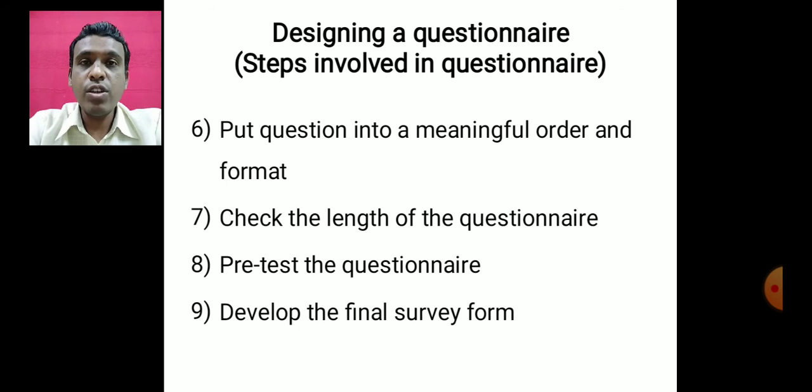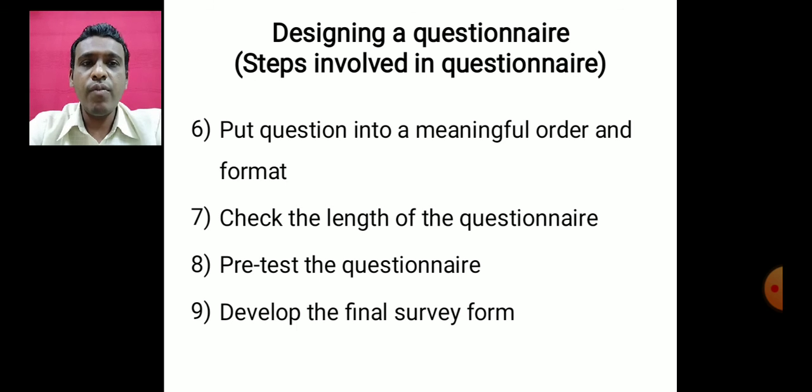So for that, instead of doing a final survey initially itself, what you do is you administer this questionnaire to a very small group of people within the sample. These may be your friends, your colleagues sometimes, and ask them to fill this questionnaire and give it back to you. Based upon this, you can get to know whether you need to add certain questions, remove certain questions, change any sequence, or change the wordings if there are ambiguous questions or ambiguous wordings in the questionnaire. You can do the changes based upon the pre-test. If everything is right, then you can keep the same questionnaire.